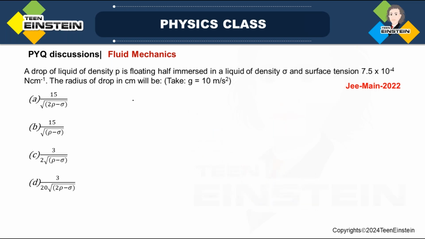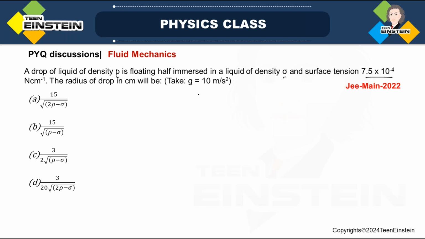So today mostly I have picked up questions on this topic from the JEE Mains 2022 paper. The first question says: a drop of liquid of density rho is floating half immersed in a liquid of density sigma and surface tension 7.5 into 10 to the power minus 4 Newton per centimeter. The radius of the drop in centimeter will be, where you have been given an instruction that you should use